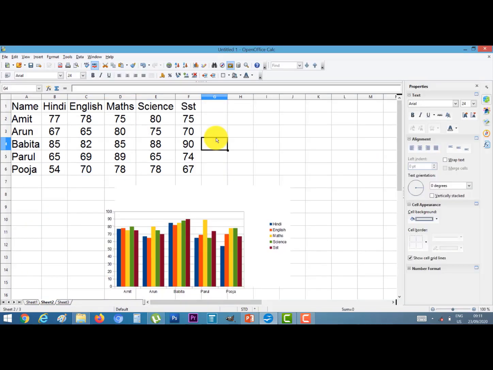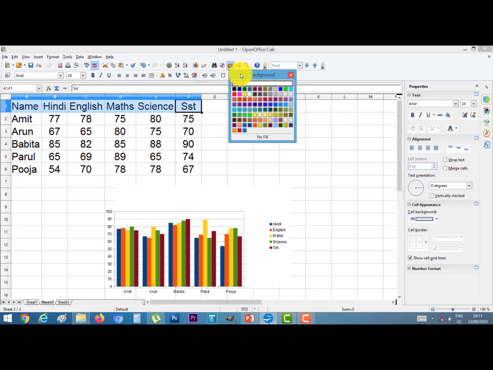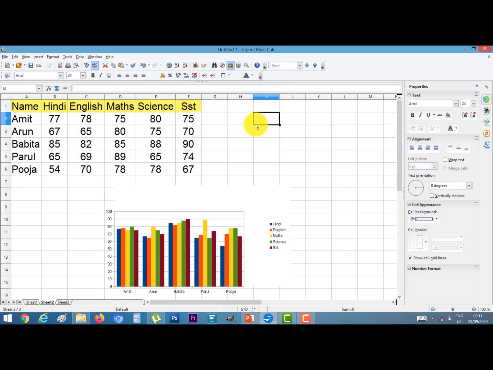You can make your table more attractive with the formatting toolbar. Suppose I want to fill color in the background of this cell. Then select the cells, click on this icon and choose the color.